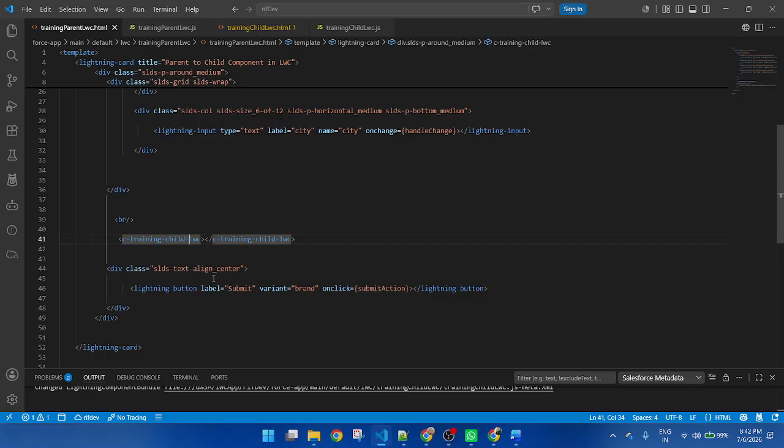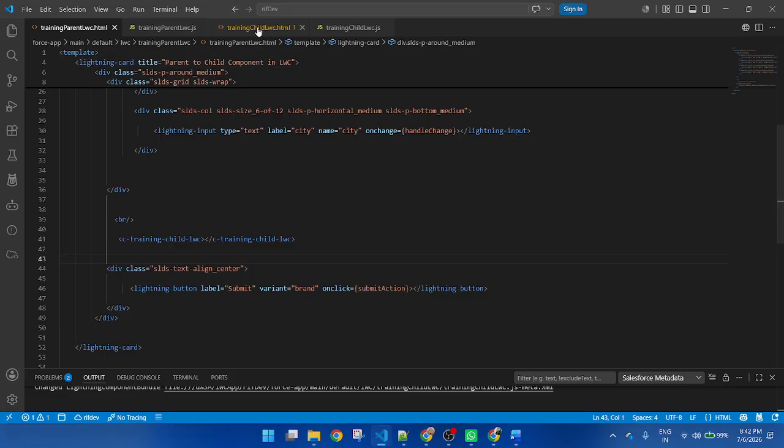So you created a new tag. Yes, this is the component name, training child LWC. This component I am calling in the parent component here. The process starts with C, then dash, and for every capital letter in the component name I change capital to small letter, and where I change it, between the two words I pass a dash.